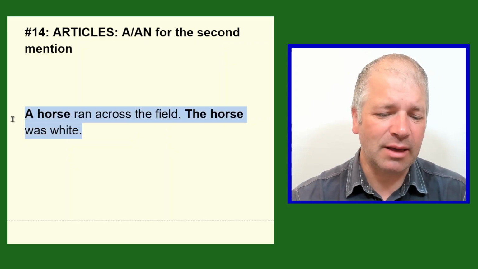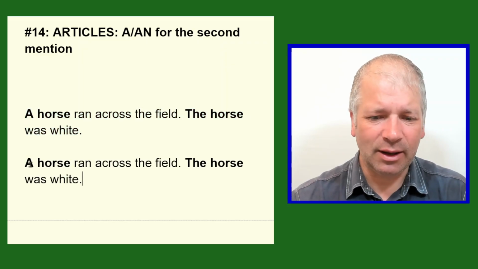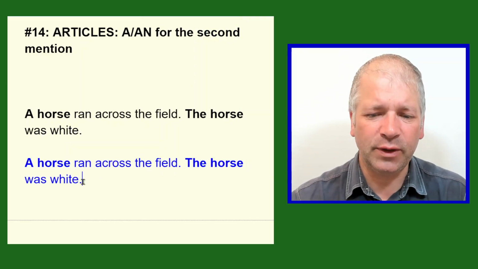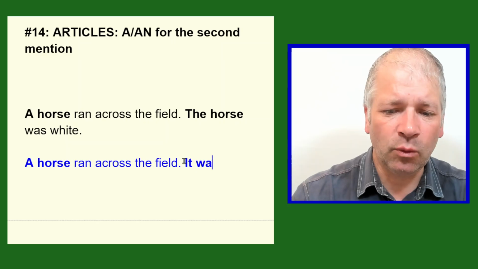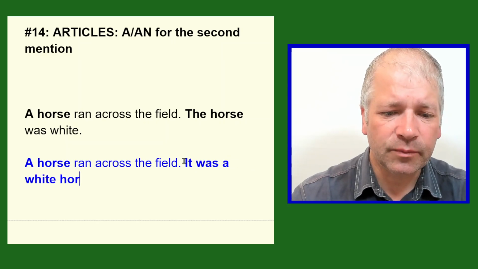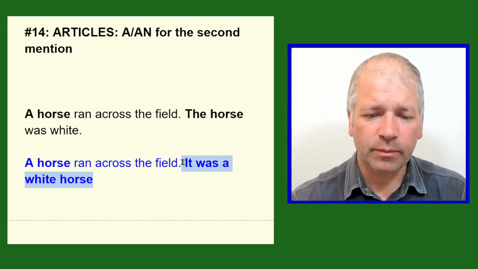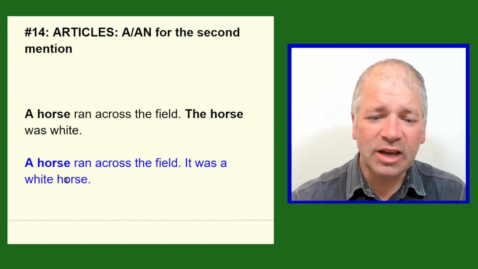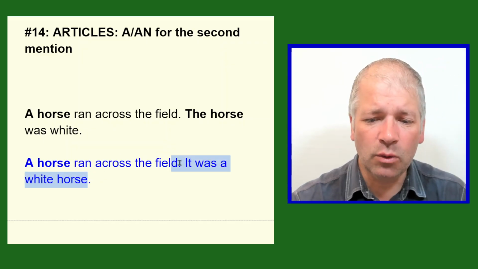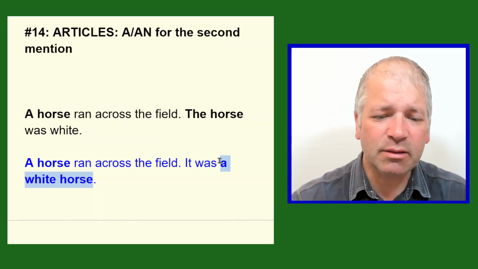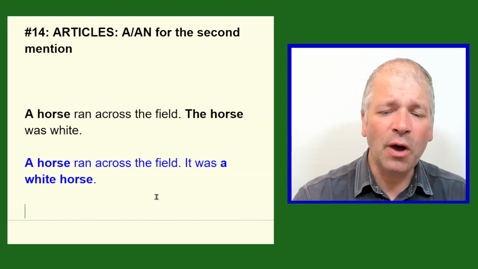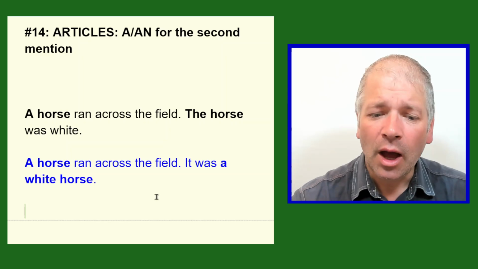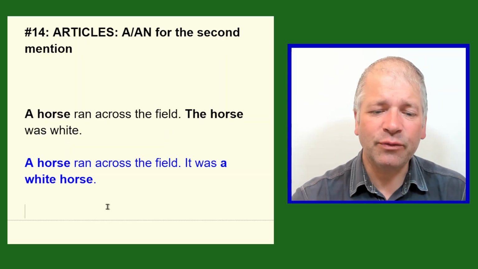Let's repeat this again and write it in a slightly different way. Let's put this in a different colour too. A horse ran across the field. It was a white horse. Now, what's changed here? Notice that it's no longer the, but it's turned into a, even though it's the second mention of the noun. And the reason why is when we have this structure,